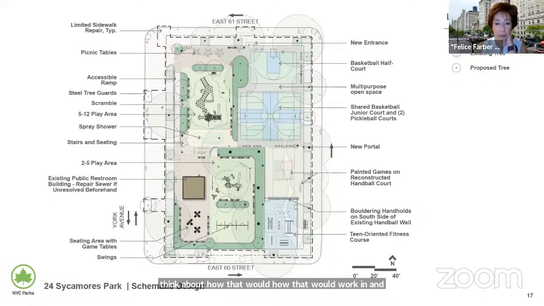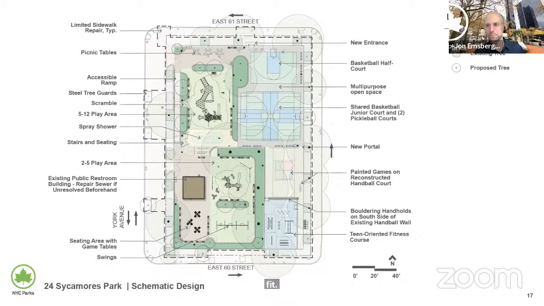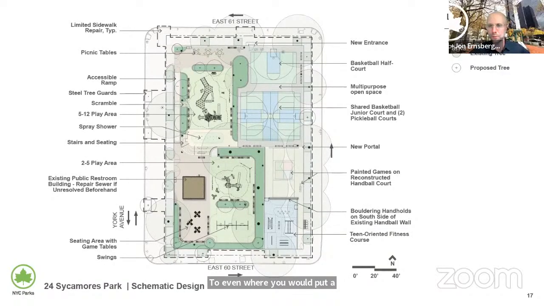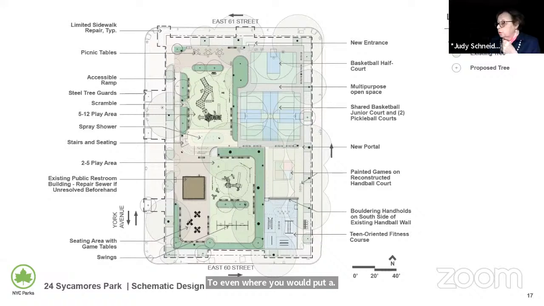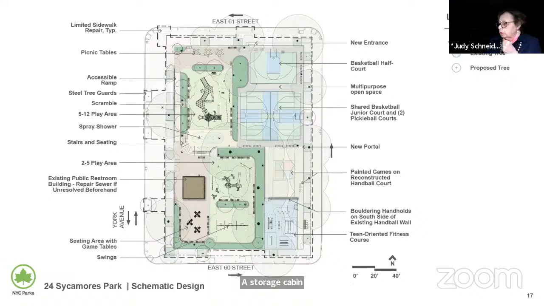John, you'd have to leave a space for it. Yeah, you'd need a space for it. I don't even see a space near the pickleball court where you would put it. It depends on what shape it takes, but we'll coordinate that. So we'll put that in. What did we call that? A storage cabinet, or a storage locker? A storage cabinet, okay, for pickleball